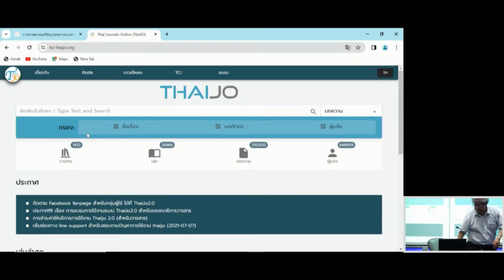Quite a lot. 290,200 articles. So they are doing quite a good job. And 904 authors, so many of them. And if we look at almost 650,000